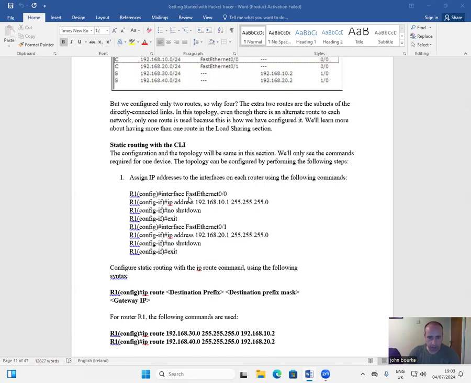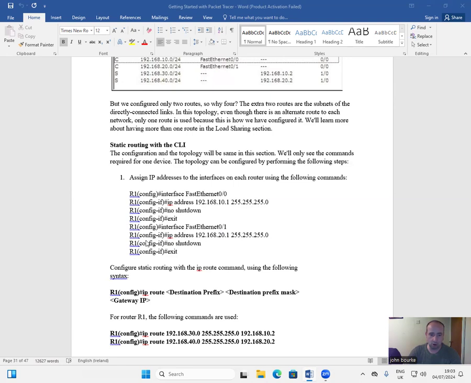R1(config)# interface fastEthernet 0/0, R1(config-if)# ip address 192.168.10.1 255.255.255.0, R1(config-if)# no shutdown, R1(config-if)# exit, R1(config)# interface fastEthernet